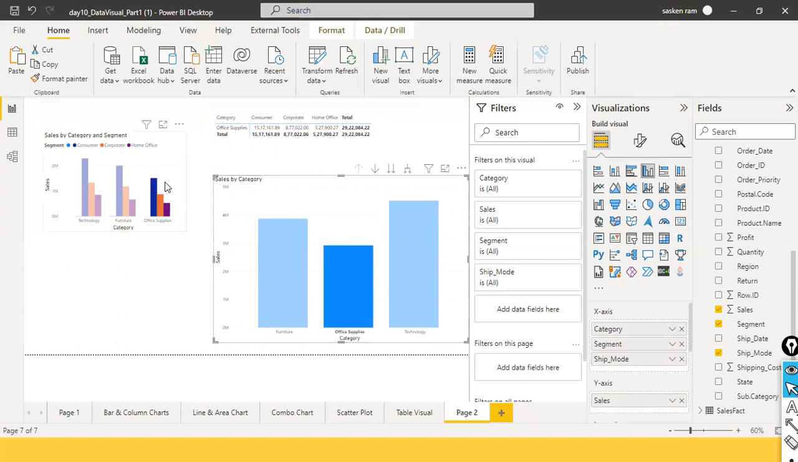The corresponding value in the other visual also got highlighted. But if you take a closer look at this matrix, there is an exception here. In this case, it displays only the relevant value, the office supplies. Like here, the non-relevant values were not displayed. There is an exception. When it comes to matrix, it does the cross filtering, even in the case of cross